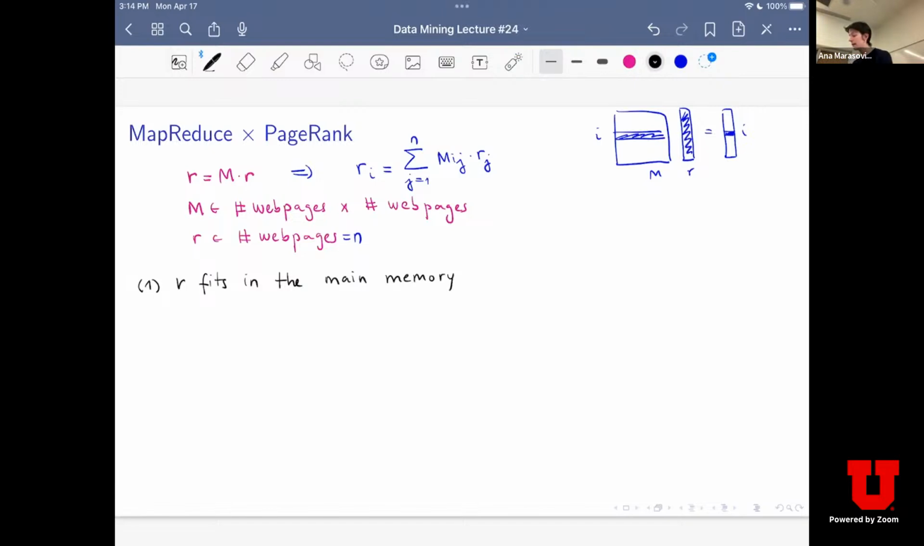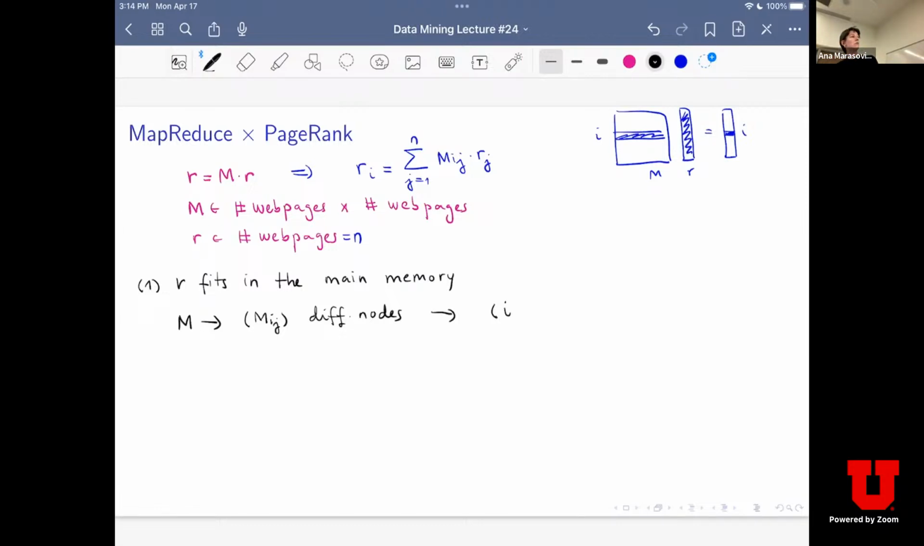We can then, and let's assume M does not fit into the main memory. Then we can take our matrix M. We can put its values Mij across nodes. So we can basically choose any kind of split of our data M here. And then on every node, we are going to use as our key